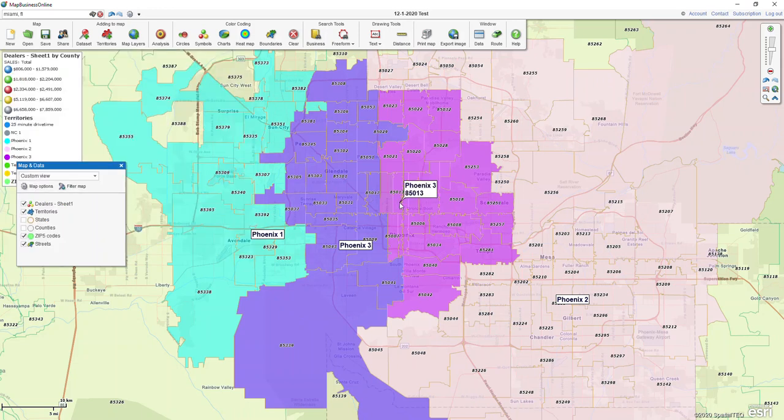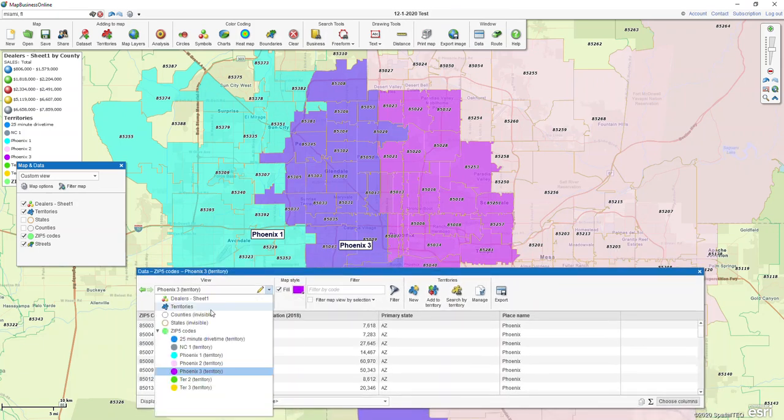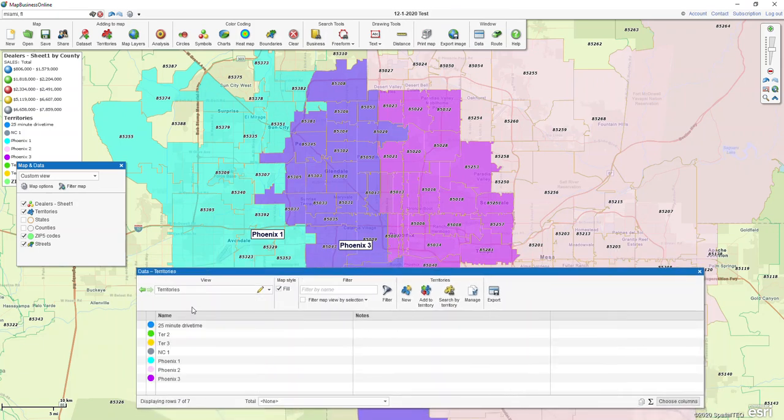And let's say I only want to see a view of Phoenix 3. I'm going to click on my data window. And from this pull down list, I'm going to choose territories. If I only want to isolate one, I can go here. Click enter, or I can click the little filter button, and I can see that my data window has it